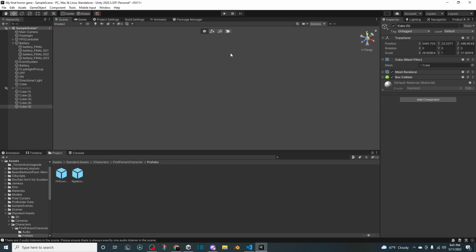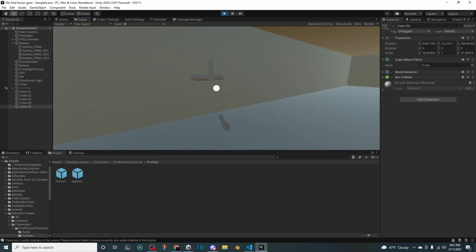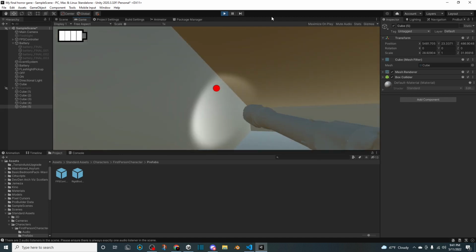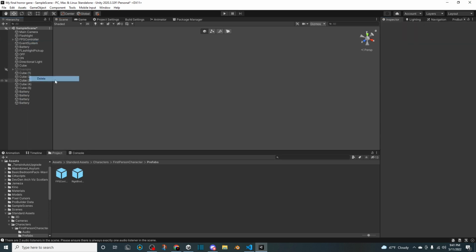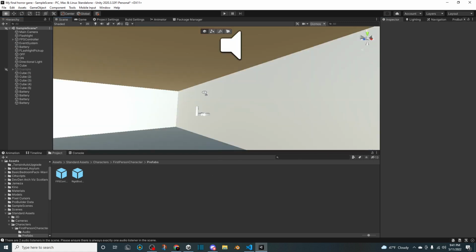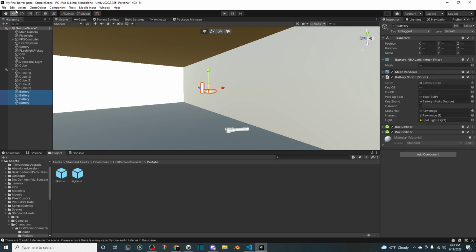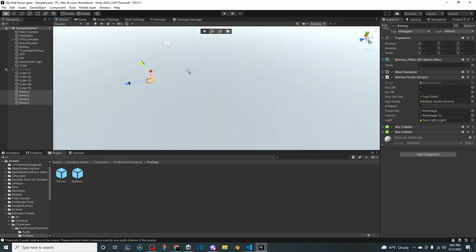So when we click play, this is what it's gonna look like. We can grab batteries, flashlight, boom. I'm gonna put this out and rename this battery, so it's gonna be easier to tell which one is which. Okay. Naming is very important. So I'm just gonna drag this down,